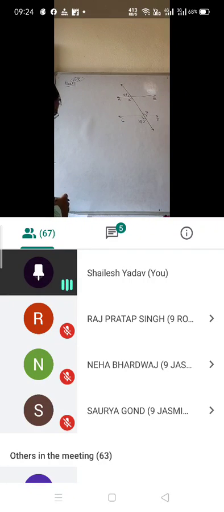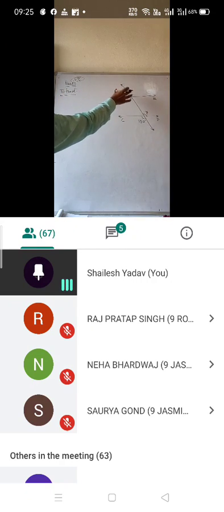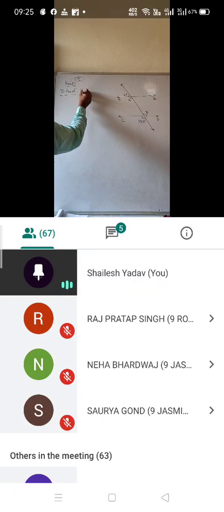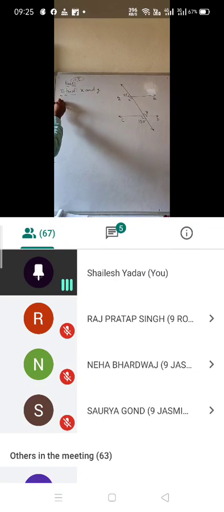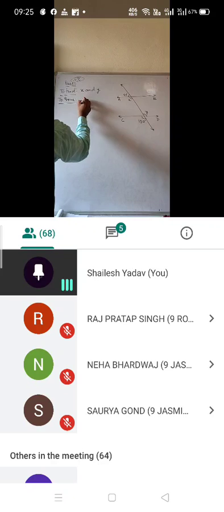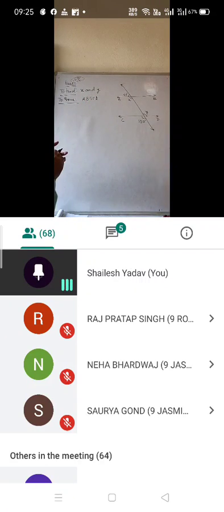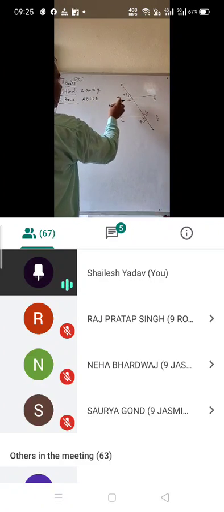Okay, here is the diagram given in the question. Now I am going to read the question. In the given figure, find the value of x and y and then show that AB is parallel to CD. So in the question, by using this diagram, you need to find the value of x and y. And after that, you need to prove that AB and CD are parallel. So the first part of the question is to find the value of x and y, and in the second part you need to prove that these two lines are parallel also. So I am going to find the x and y values first.